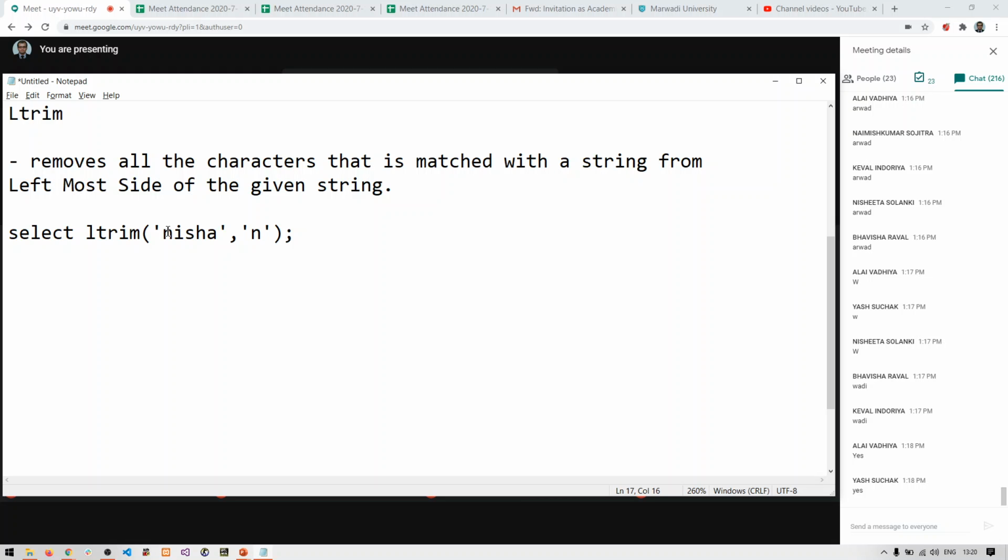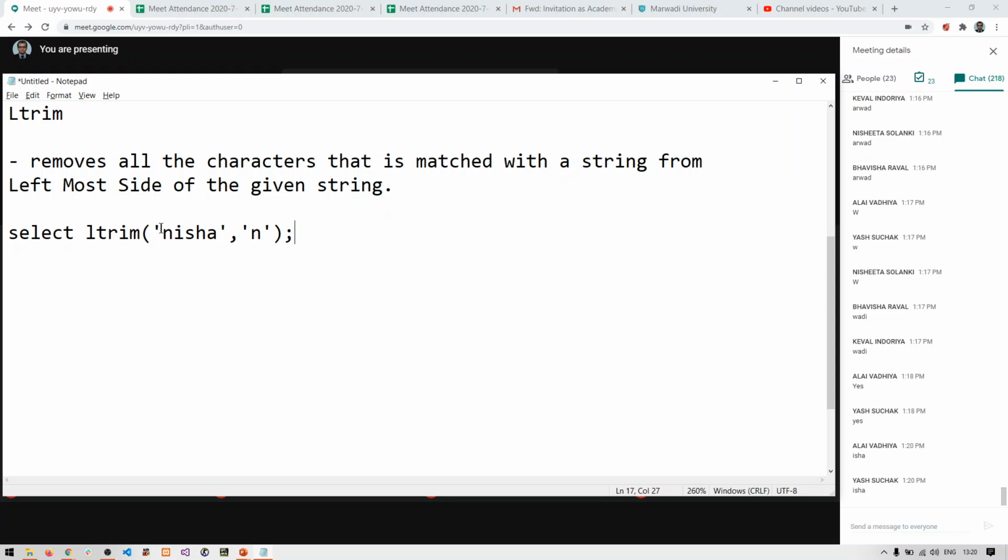What will be the leftmost side? The leftmost side of the string will be this one, my cursor, right? Now remove all the characters that match with this string from the leftmost side of the given string, wherever there is a match. What is the first character from the leftmost side? N. Is N matching with this N?